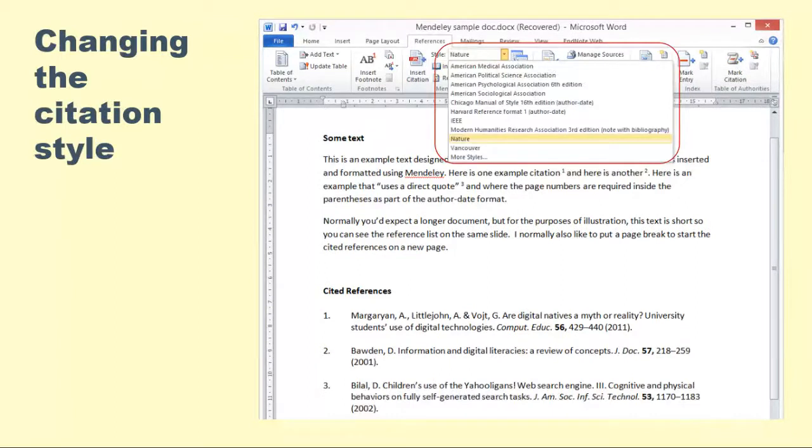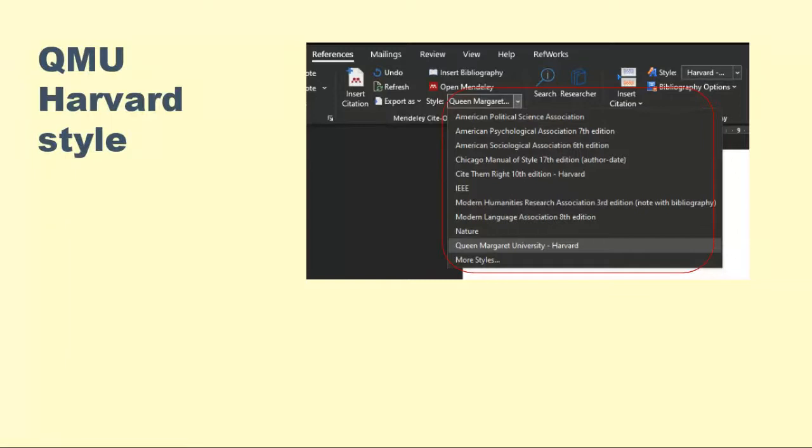To change the citation style, you go to where it says Style and the drop-down menu. You can set it to any of the ones that are automatically present in that list. There are also more styles that you can select. At the bottom there, it says More Styles. You can use that to use the Queen Margaret University referencing style. Here, for example, it does come up in the list because this is a screenshot of my version of Microsoft Word and I've already set it up. But if you click on More Styles and search for Queen Margaret University, Harvard, it will pull that referencing style